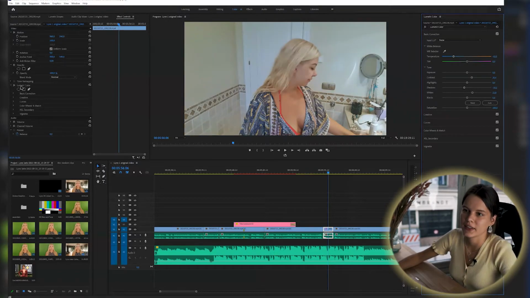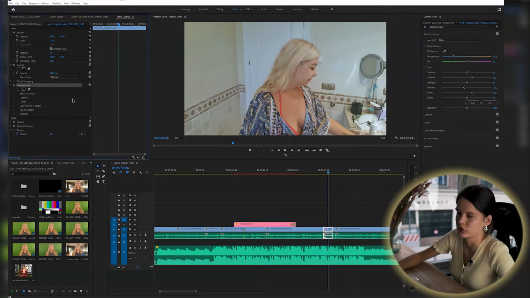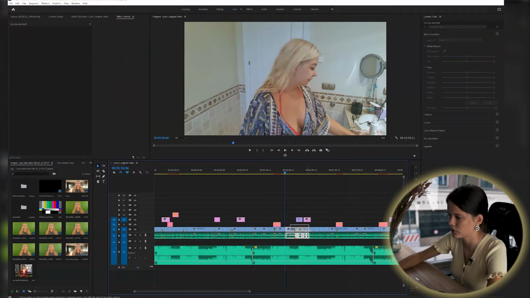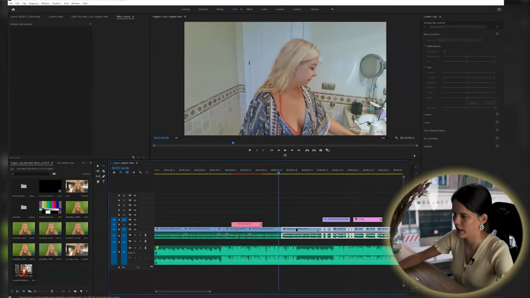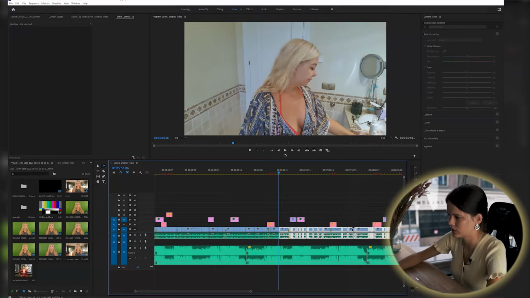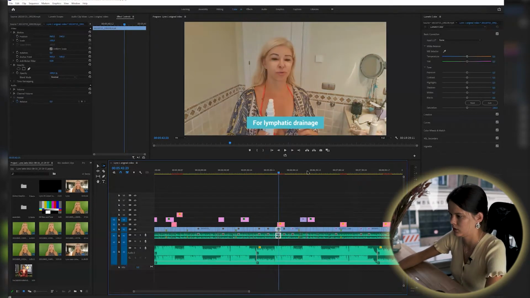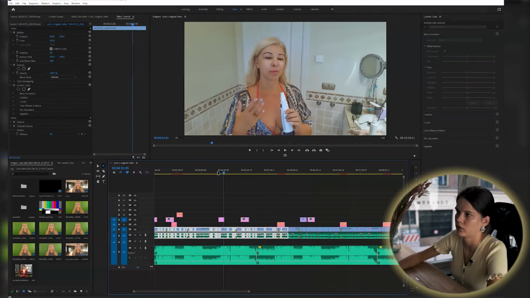So you can see here in the effects panel, we have Lumetri Color, we have this effect right now. And what I would do is I would just Ctrl+C, copy it, and select all the clips. Let me show you the trick here: A, and then you need to hold Shift, and then it selects only things on this track. And I will just paste it, and same in the other direction. And yeah, then you have it. Basically it works. It doesn't take a lot of time, but the problem with this is that if you